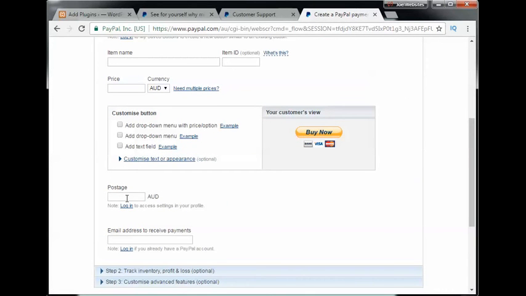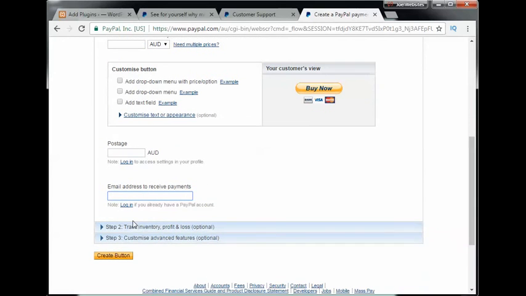Here you need to enter in your PayPal email address. Whenever you sign up for a PayPal account, you will have an email address that you use while signing up. So in order to accept payments, you need to use the same email address. In case you want to send somebody money on PayPal, you have to enter in their PayPal email address and just send them money. You have to enter in the amount inside PayPal. It's very easy. So here there's a create button. It will help you create the button.